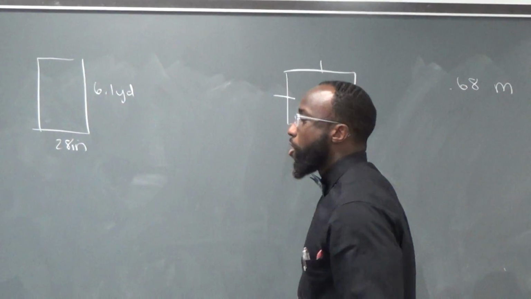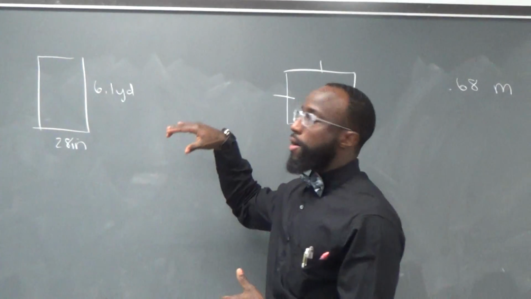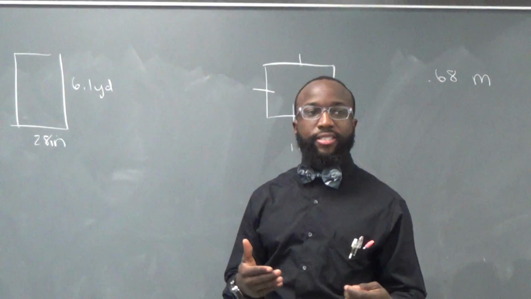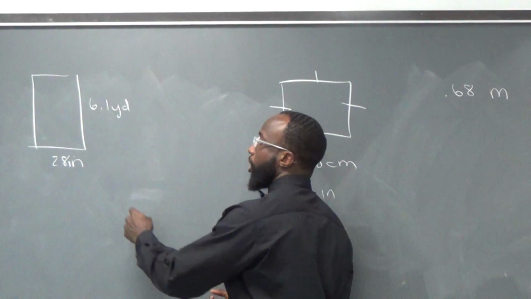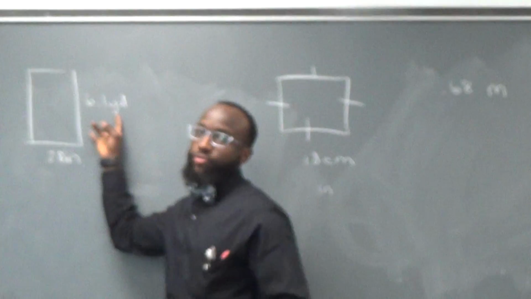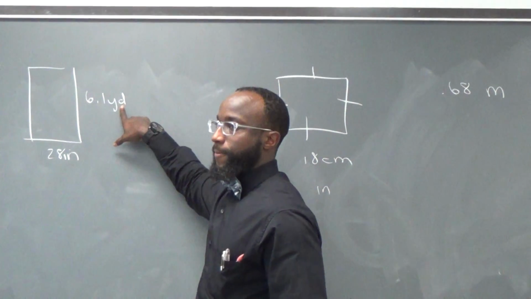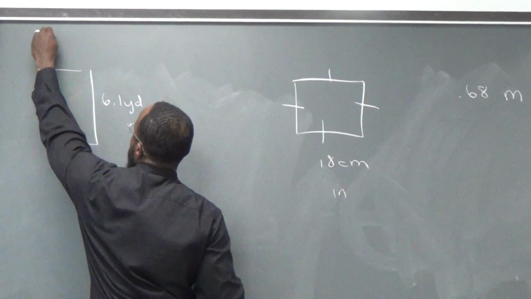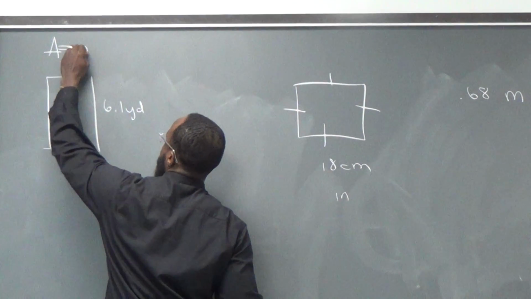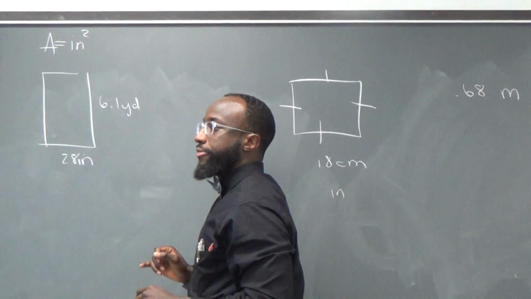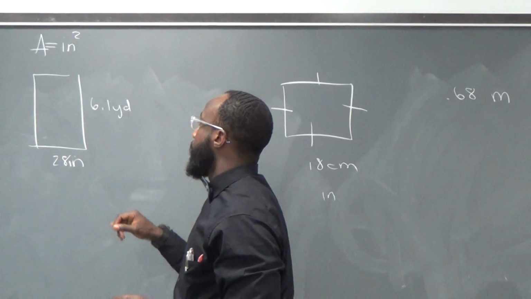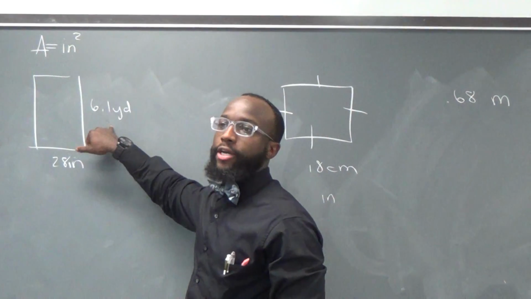All right. So now we're finding the area for inconsistent values. If you notice this, we need to find the area of this rectangle, but the units are different. They want us to find the area in inches squared, right? Yes. So in order to find the area in inches squared, we need to convert 6.1 yards